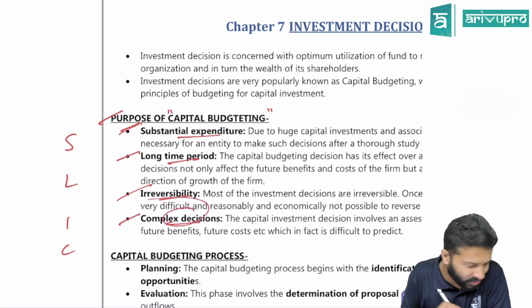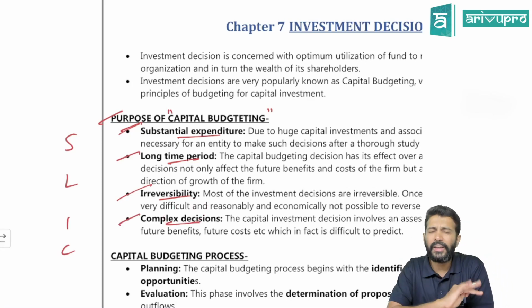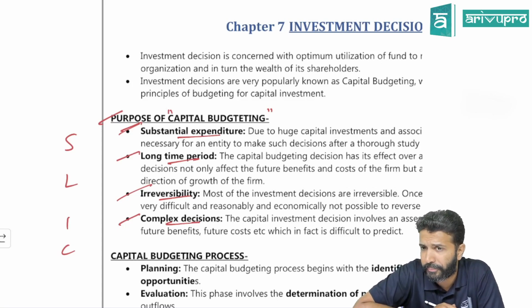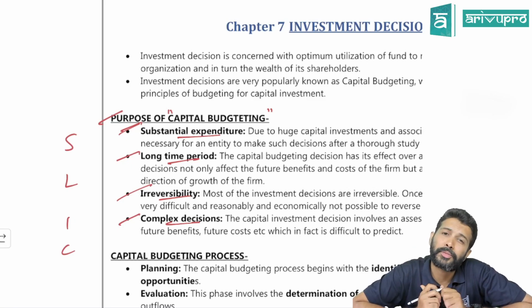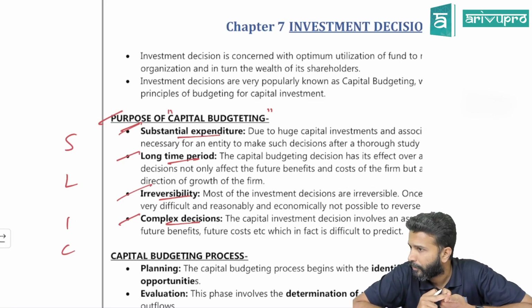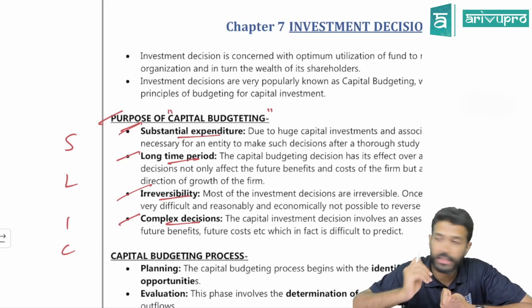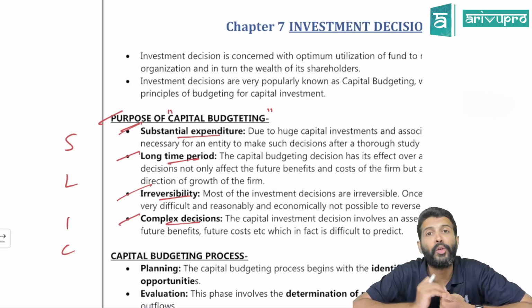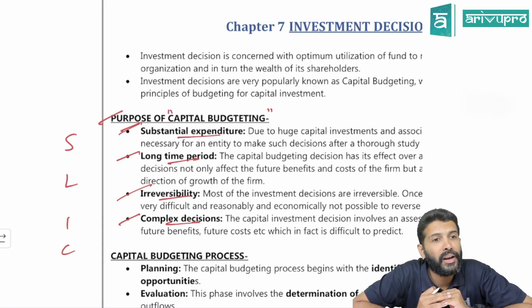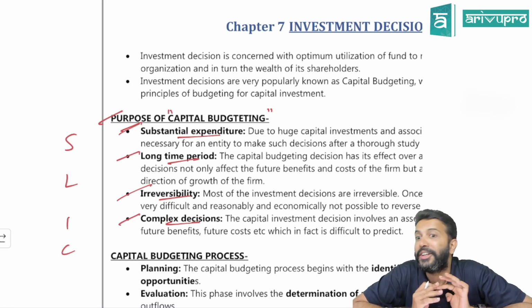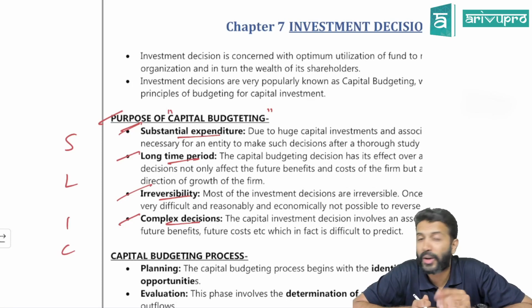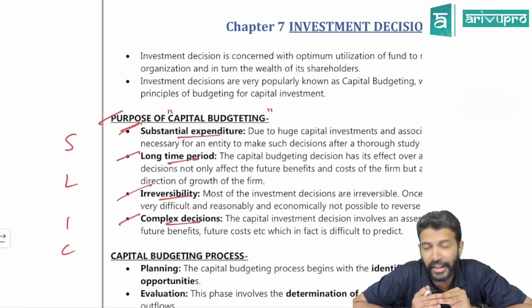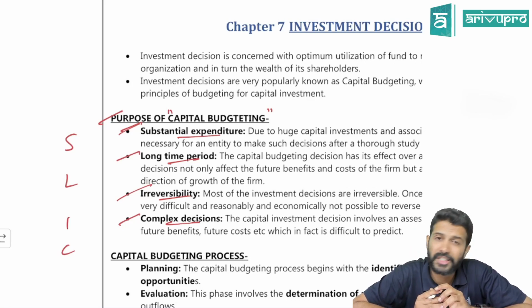The last one is complex decisions. Like when we decided to go for recorded classes, we needed to estimate, because there is substantial expenditure. Like we have our own app, which means we have invested heavily in technology as well. We have to estimate how many students will opt for recorded classes, yes or no, and at what price we should sell. Will they come for face-to-face classes, or are they actually interested in recorded classes? Like this, we need to estimate our selling price, our customers' decisions, our customer base, etc.